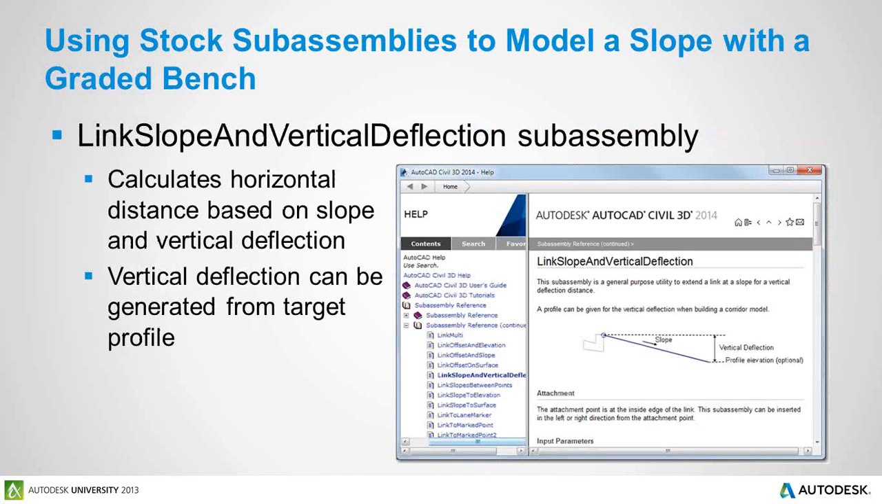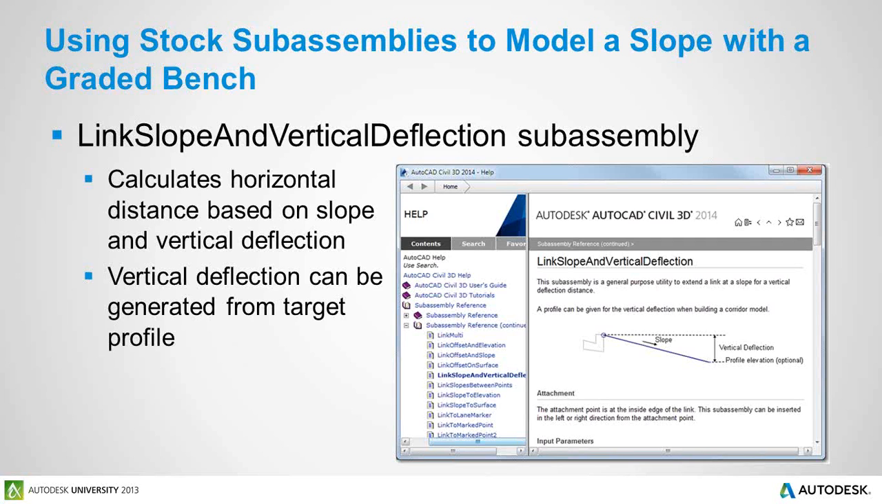corridor modeling. What can we do to automate some of this? So again, looking at the corridor help document, studying all the different assemblies and subassemblies at our disposal, we came across the link slope and vertical deflection subassembly. And the way this one works is it will calculate the horizontal distance based on the slope value and a vertical deflection. So we can say I want to go at -2 to 1 with a vertical deflection of -10 or 10 feet down. It will then calculate out that I need to be 20 feet away to get that